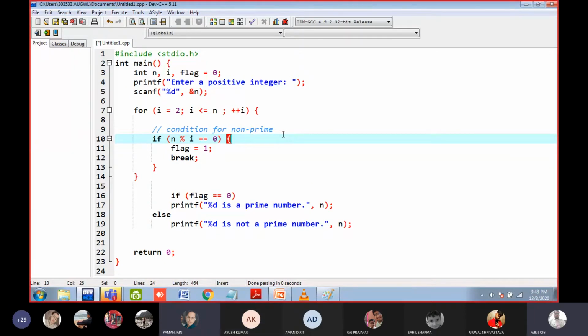So again it will divide, till 13, and in the end flag equals to 1, and hence the loop will break. Now we will check the if condition, flag equal to 0. If it is not 0, as flag is equal to 1, it will come to the else condition, so it will say it is a non-prime.